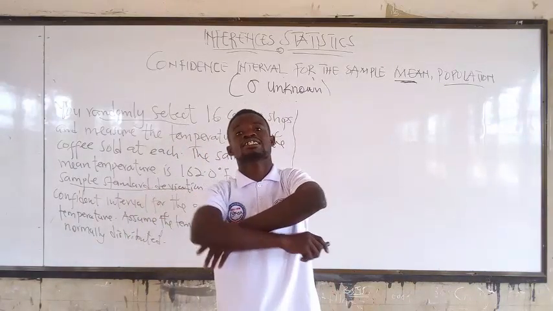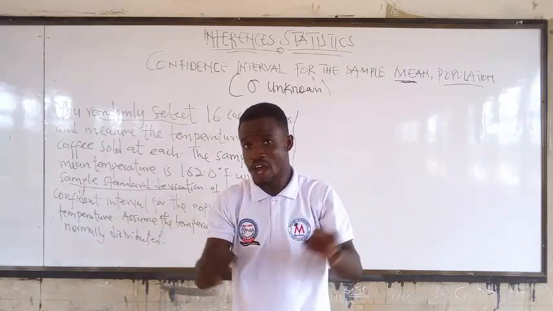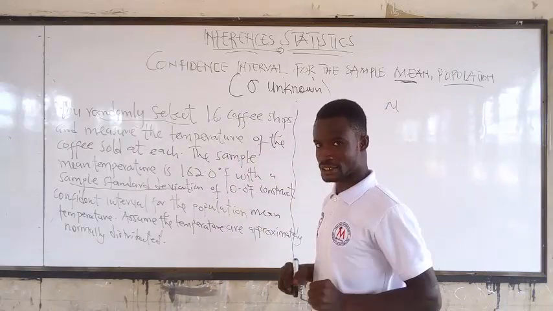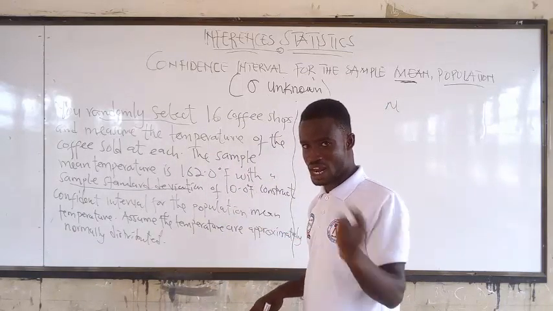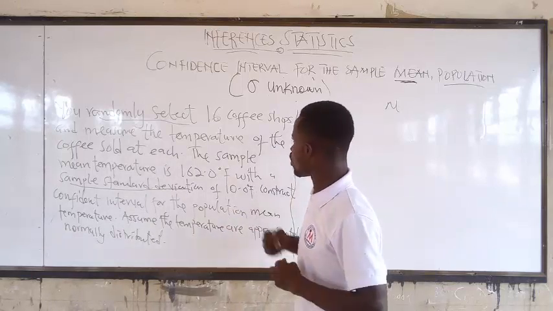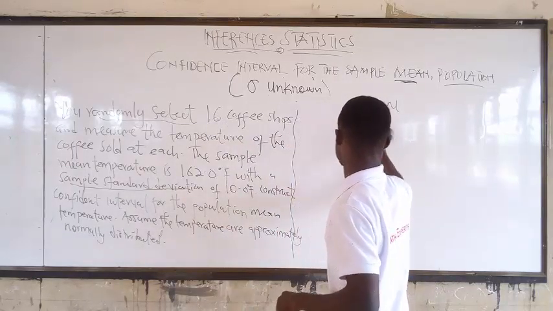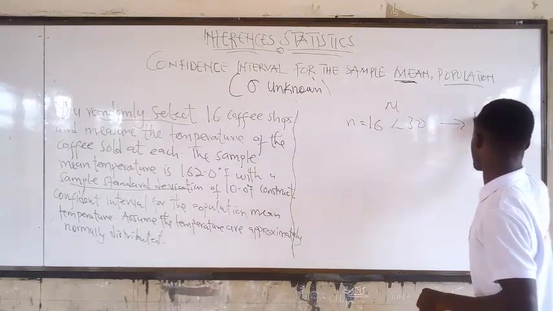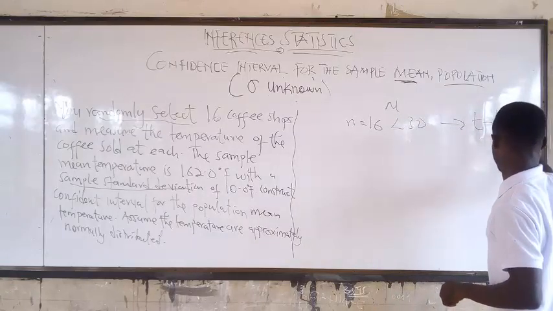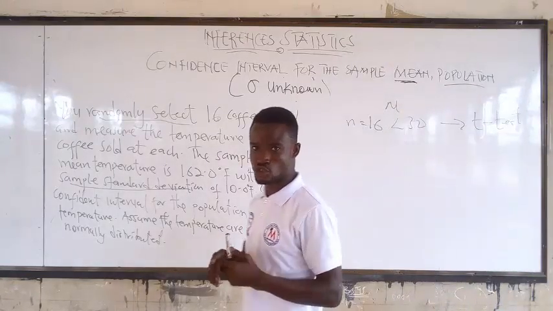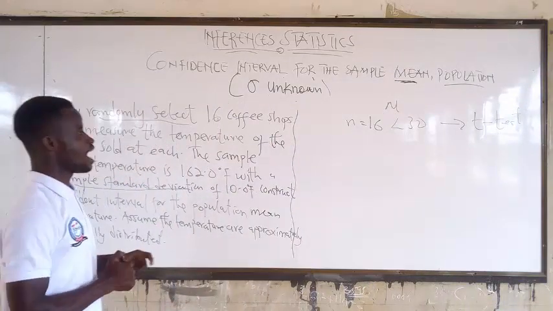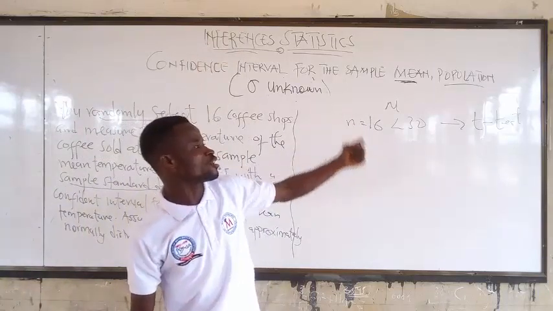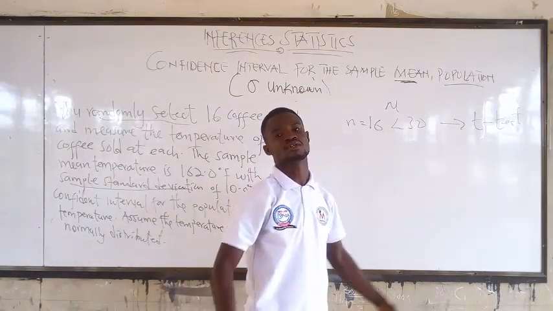In the question, do you see something like proportion? No, it's mean. So it means you are dealing with the mean. Secondly, is your n greater or less than 30? You see the n is 16, randomly selected, and it is less than 30. So T test. So we are using the T distribution test. And once your n is less than 30 and you are using T test, then definitely,